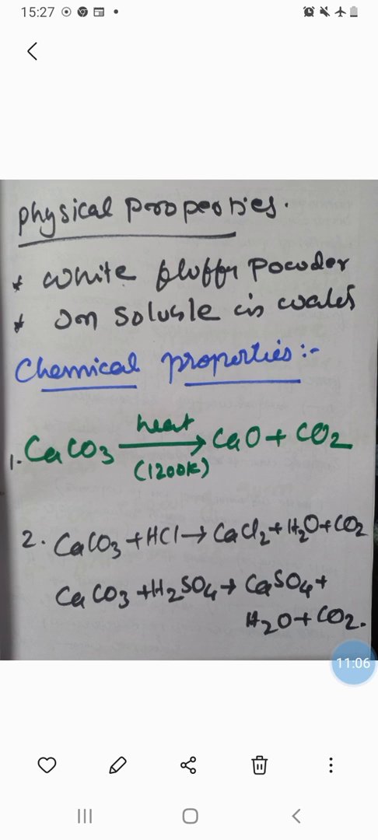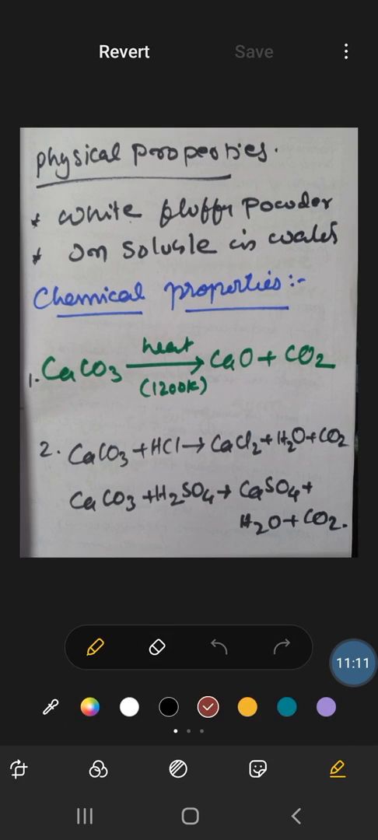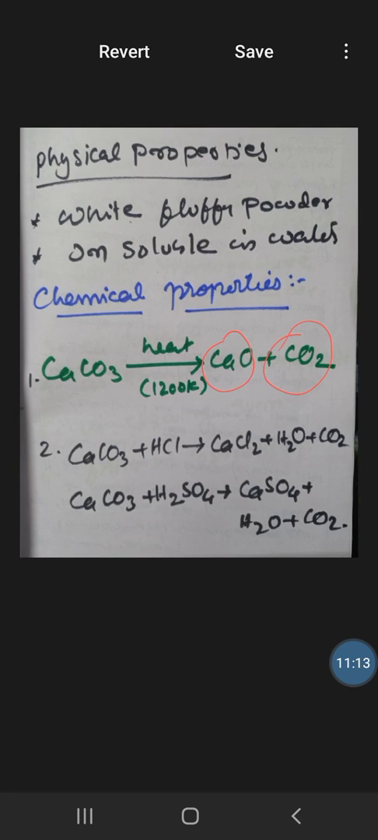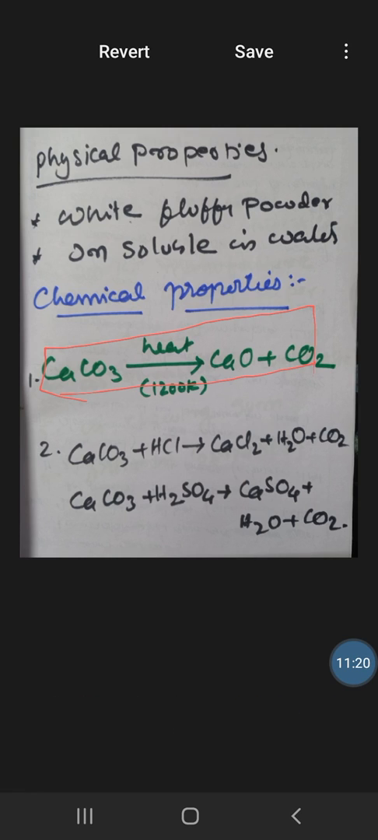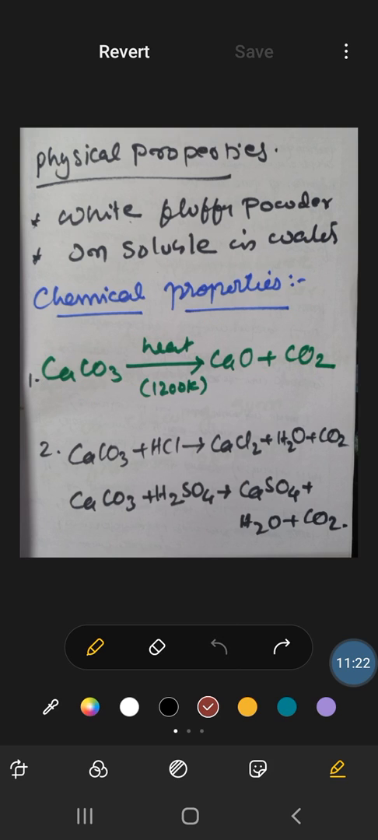Chemical properties: on heating calcium carbonate, calcium oxide and carbon dioxide are formed. So this is the method of preparation of calcium oxide as we have studied a short while ago. So we have to heat it at a very high temperature of 1200 Kelvin. So on heating calcium carbonate, calcium oxide and carbon dioxide are formed,